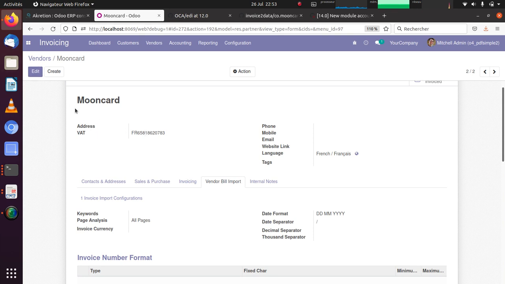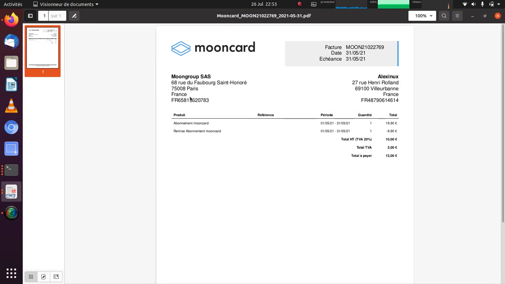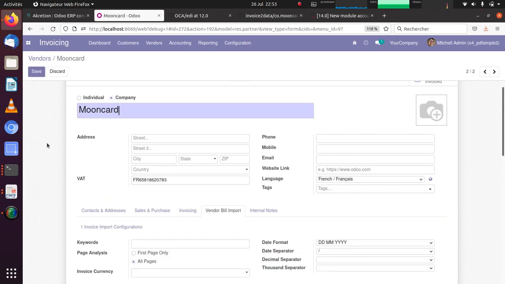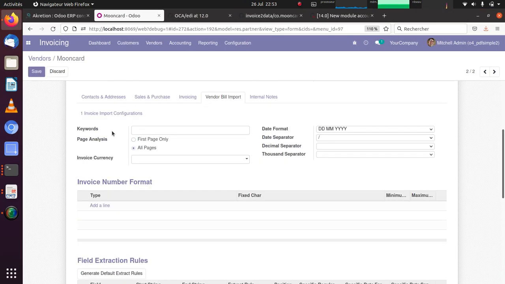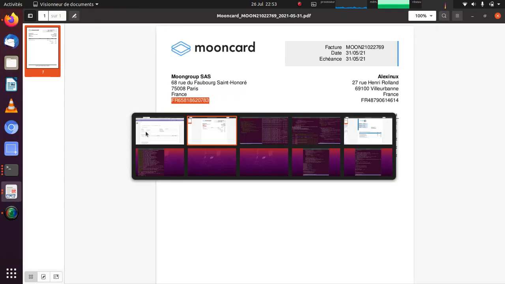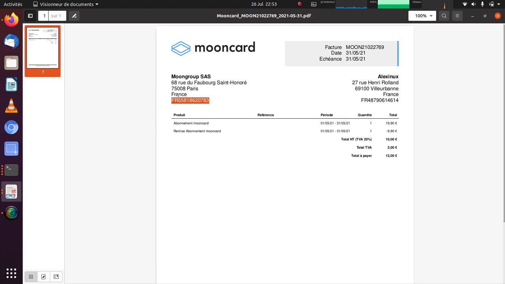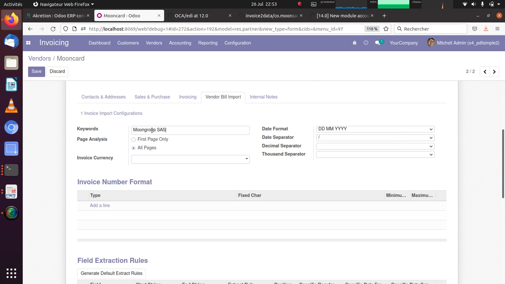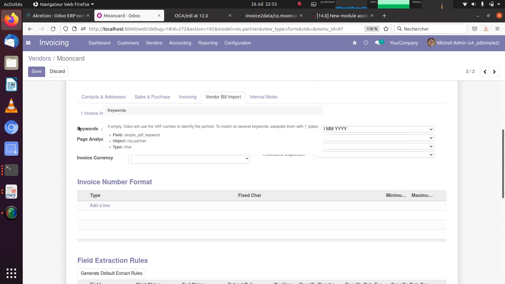But in case you don't have the VAT number in the text of the invoice, you may want to use the second possible method, which is using keywords. So here you can, for example, imagine there was no VAT number. You would say, okay, if I find Moon Group SAS in the raw text of my invoice, it should match.